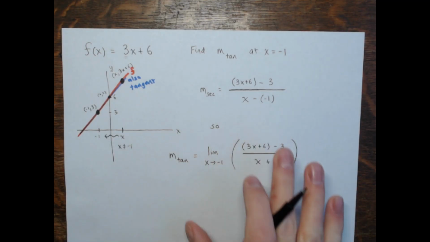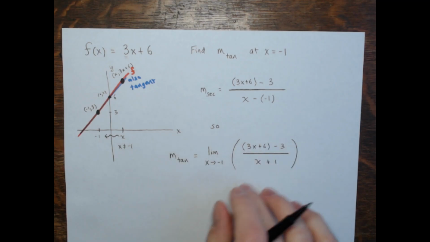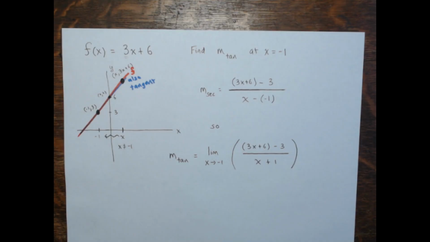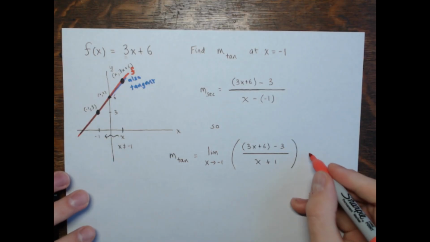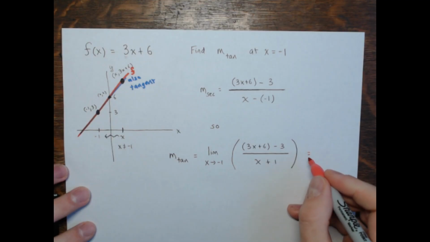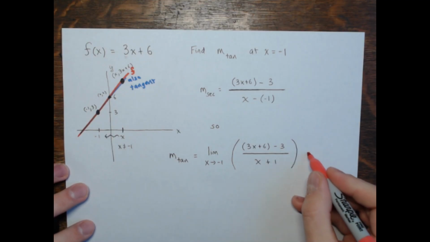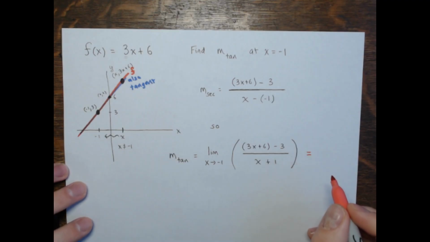Okay, and we're evaluating this limit. Now if you go back to the previous video on the limit laws, you saw the indeterminate form 0 divided by 0. You'll notice that when you're trying to find these limits to give you the slope of a tangent line,